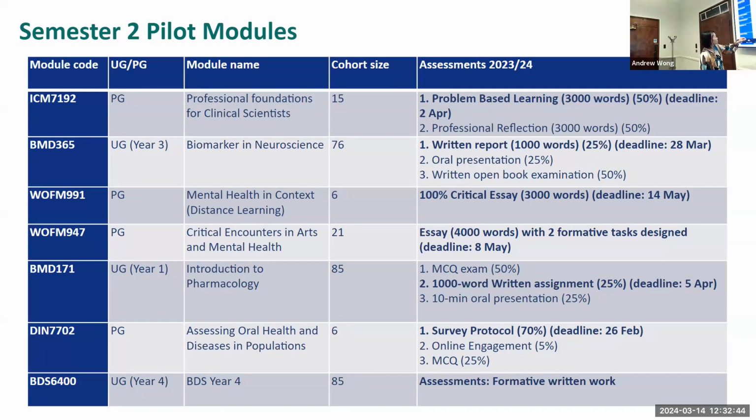So pharmacology and biomarker in neuroscience modules, that's the first, second year and third year modules, and then the rest are postgraduate degree modules. Problem-based learning is the biggest assessment piece that we have, but the rest are the usual written essay type